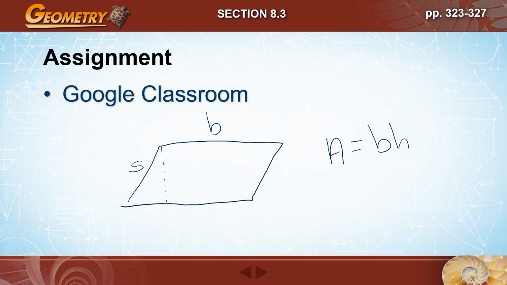Let's just call that x. Okay, and you would need to find the height. And so the way you would do this is you would use the Pythagorean theorem. Okay, if you're solving for the height, then you know that s squared plus x squared is equal to h squared, and you can find the height and then plug it into the area